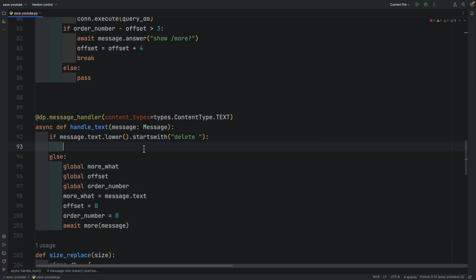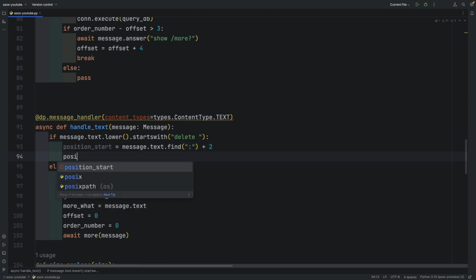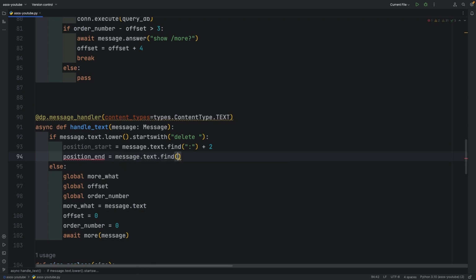Just like we did with the comma index earlier, this time we will find where our user input starts. The position start will be the location where message.text contains a colon, plus 2 positions. The position end of our user input will be the start of the phrase "last discount was" minus 2 positions.